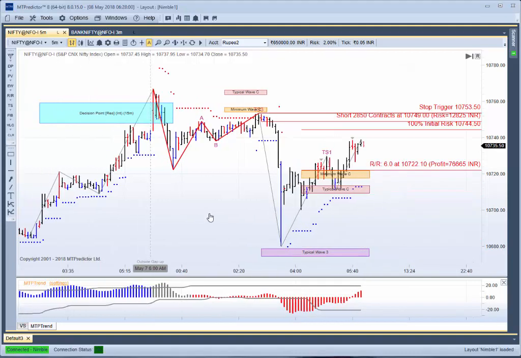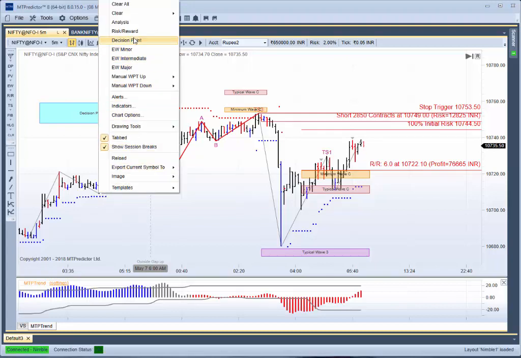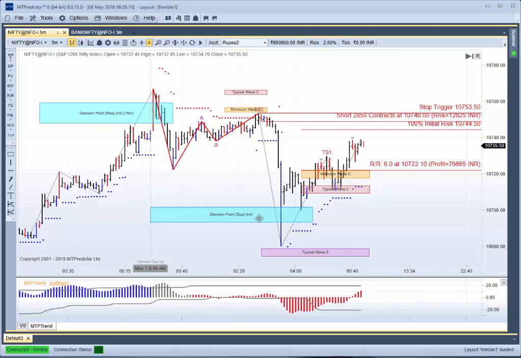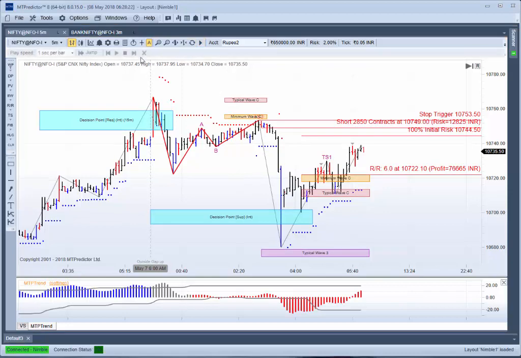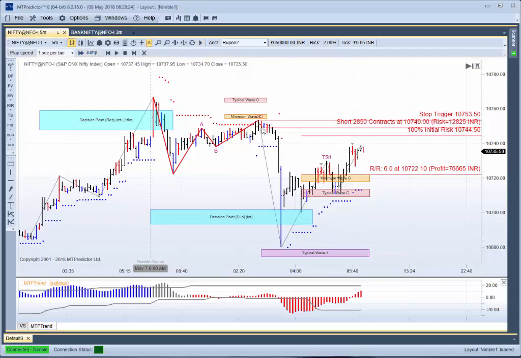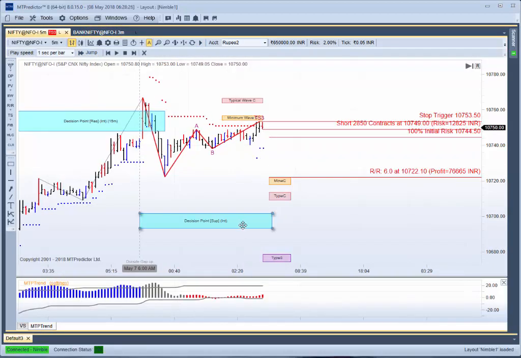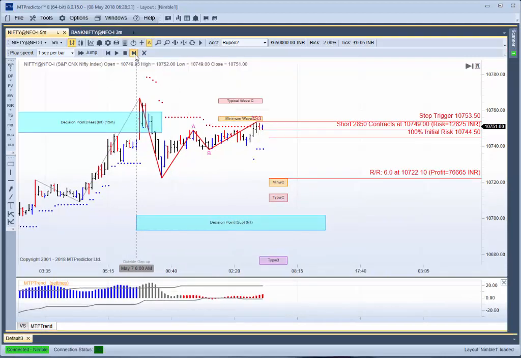But more than likely, if you'd been an experienced user, you'll have put the DP on from the last swing into the high. Remember, we look for DPs for support and resistance, so there's the last major high. This is the last swing into the high, so you'd have come to this pivot here, right mouse click, place decision point on. Again, remember how they are on the chart in advance. So they would have been on the chart before it even got there. So if I take the training mode and I go back to that setup, that would have been on the chart in advance. So as the market starts to go down,